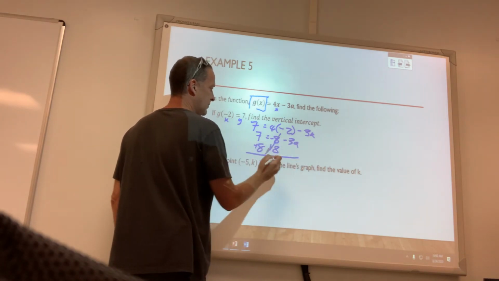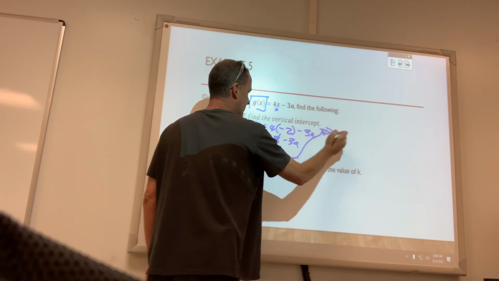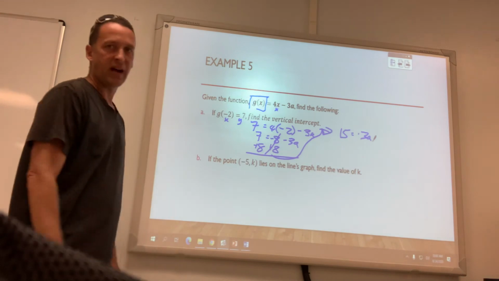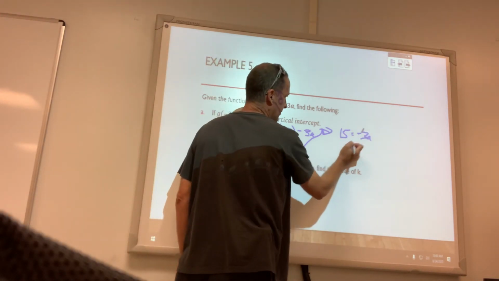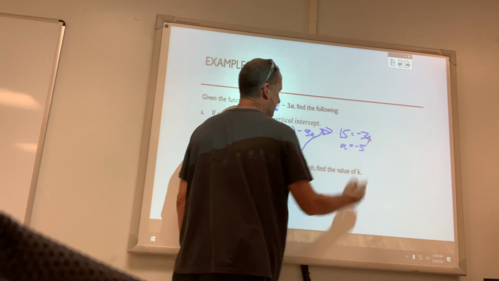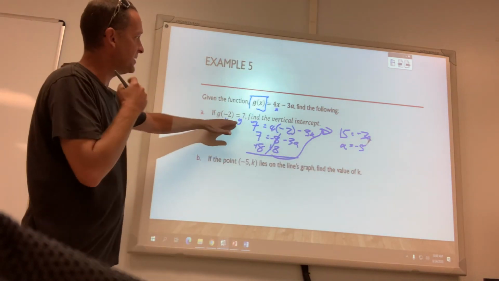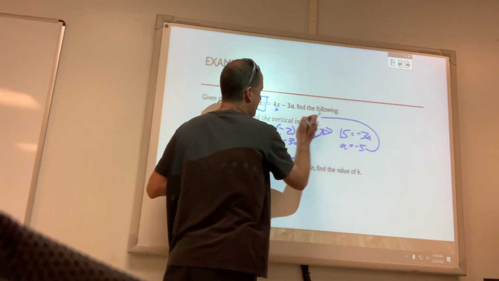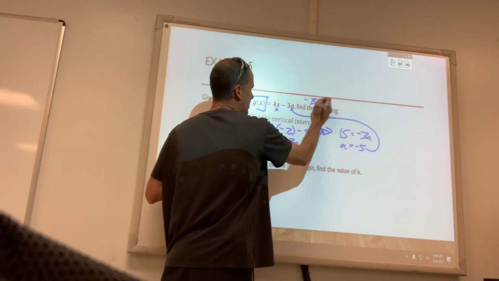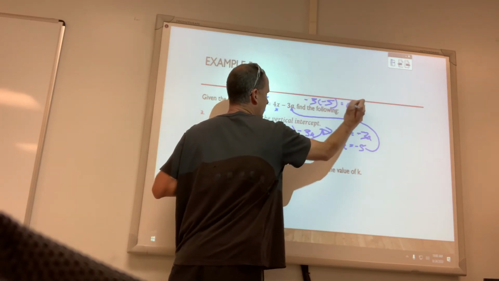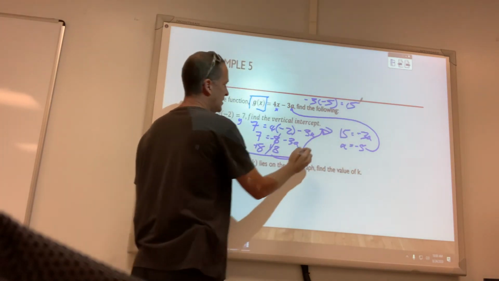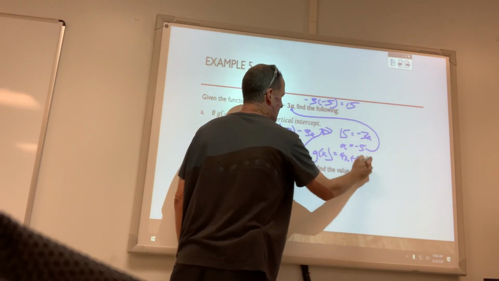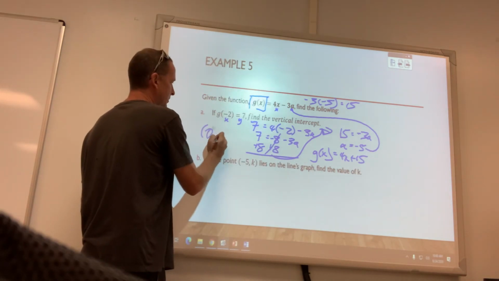Add 8 to both sides. I'll continue on over here. That'd be 15 equals negative 3a. And you know to divide both sides by negative 3, let me make that negative. So I'll get a is equal to negative 5. But notice the question asks us to find the vertical intercept. So I've got to take this and plug it in for a. So that's negative 3 times negative 5, which is 15. So if I write my equation, that's 4x plus 15. So my y-intercept,